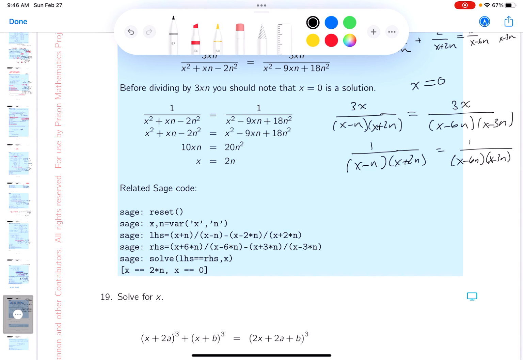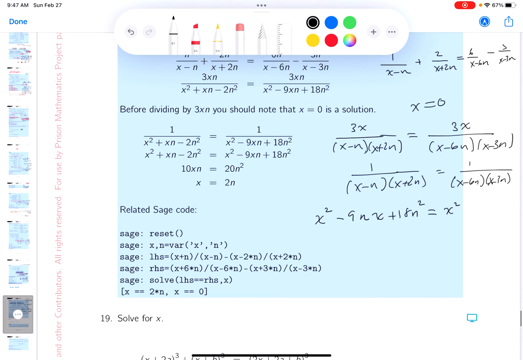And I'm going to multiply both sides by the LCD, and you're going to get x squared minus 9nx. Let's keep going. Plus 18n squared equals x squared. Let's see,